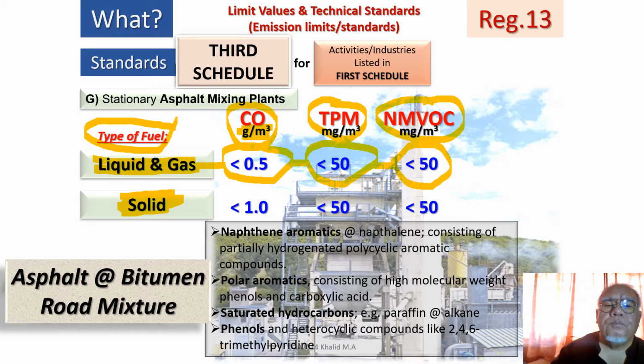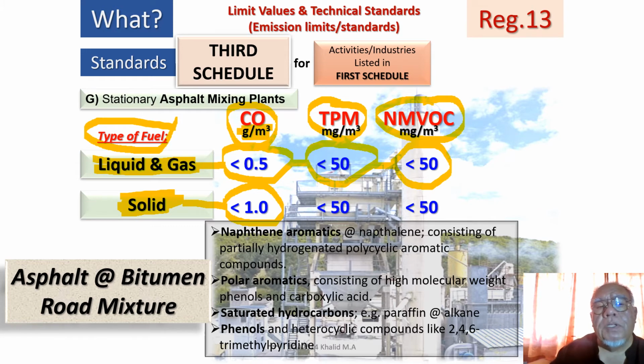All right. Now, let's take a look if they're using solid fuel. If these asphalt mixing plants use solid fuel, commonly what I found in the field, they would opt to use coal. As far as I've seen operating, some are using other kinds of solid fuel. I can't remember, but they've got an auxiliary fuel, which is highly combustible. They add in sawdust as an additive, not as the main fuel. That is all considered to be solid fuel, and their emission for carbon monoxide is less than